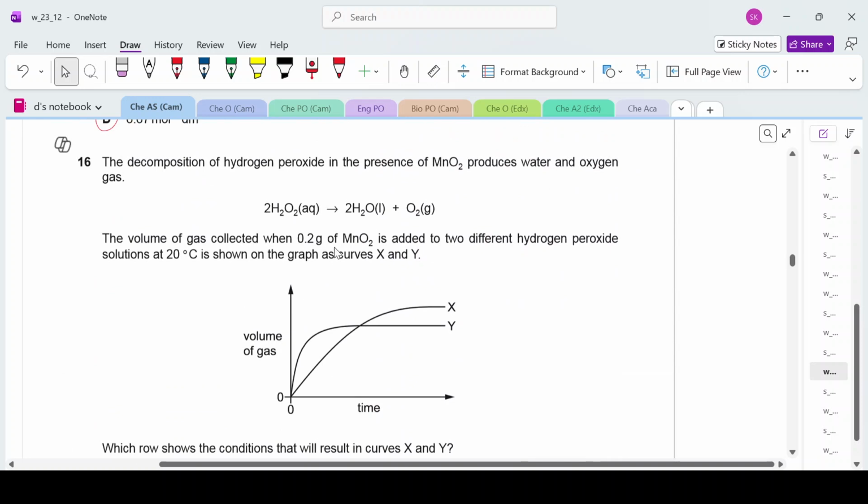The decomposition of hydrogen peroxide in the presence of MnO2 produces water and oxygen. Okay, MnO2 is a catalyst here. It's not actually participating in the reaction. It's not a reactant. The volume of gas collected when 0.2 gram of MnO2 is added to two different peroxide